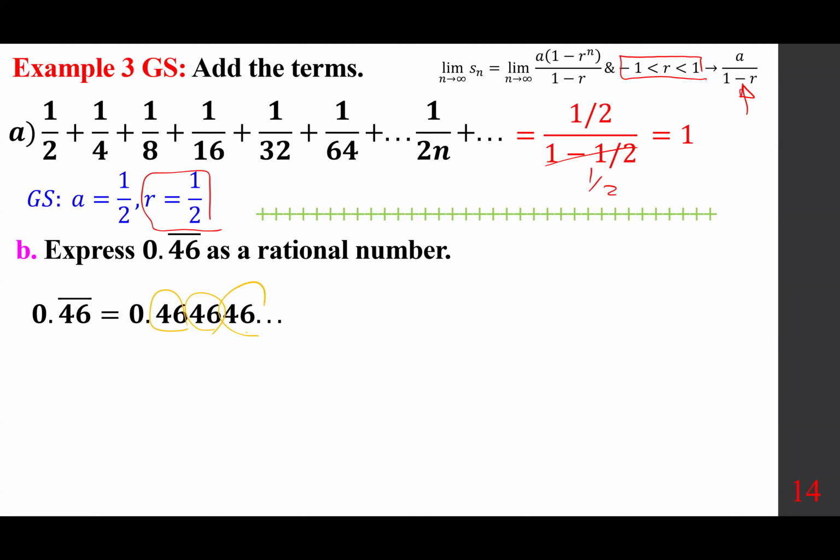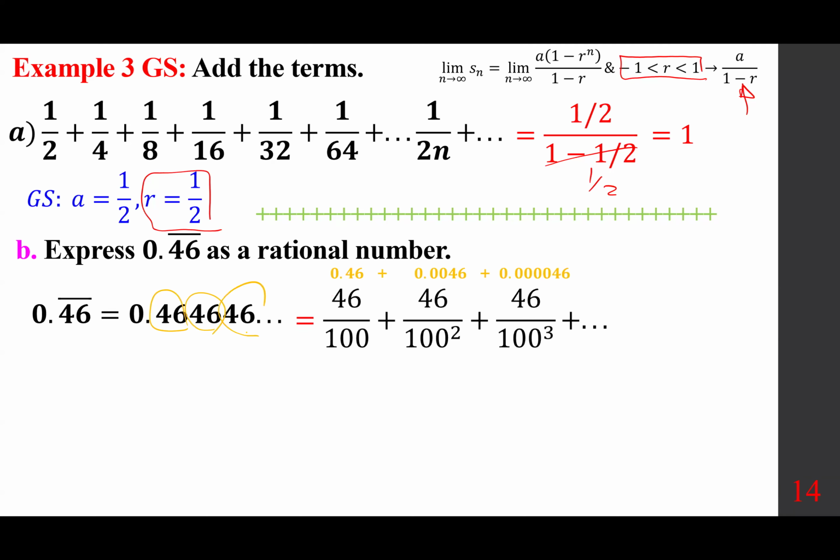And this part is 0.000046. So we should recognize them as fractions. Again, look at just the first part. As a fraction, 46 over 100 or 0.46. This one has 2 more zeros. So recognize that. And by the way, I don't want to simplify this on purpose, okay? What I want you to recognize now